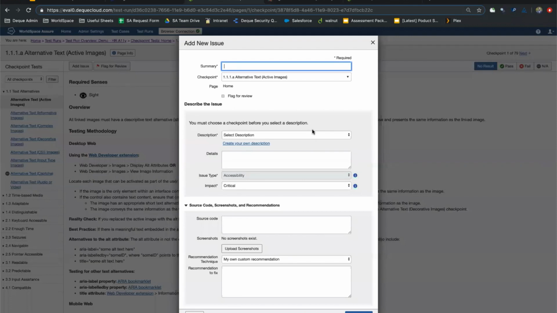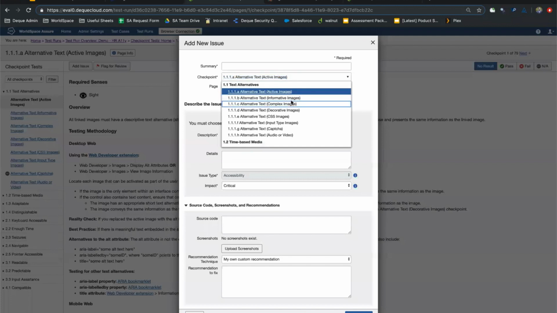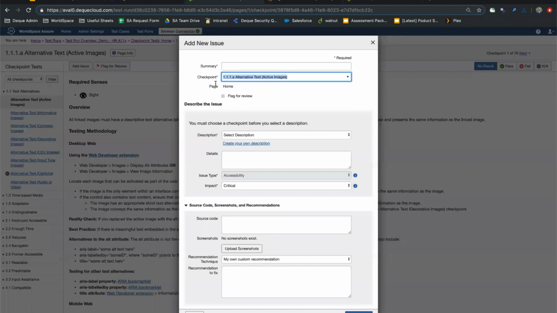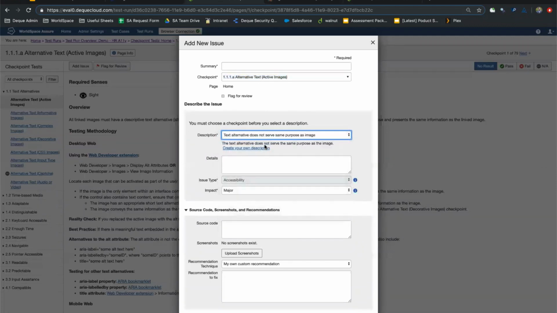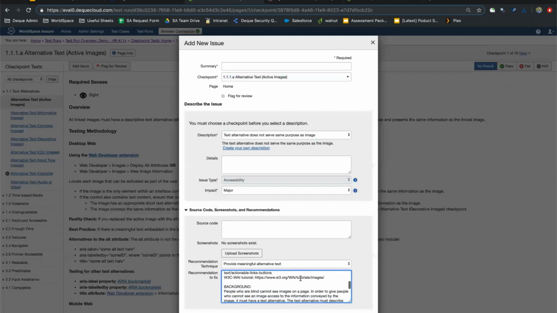With a tool like WorldSpace Assure, what's another great aspect is that if I'm filing a bug, and maybe I've got an issue here with alternative text on the active images, the tool is going to help me to define specifically what that bug is, and also provide me with remediation advice, right? Me being an accessibility novice, I might not know how to fix that issue, but the tool itself is going to provide me with some really detailed solution information here,